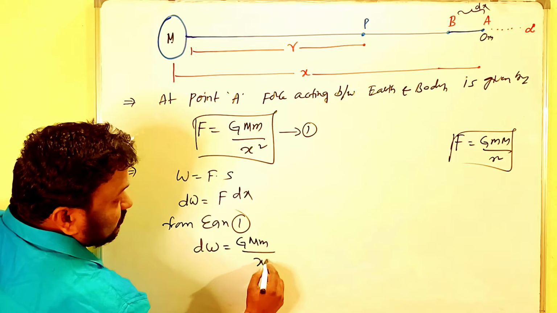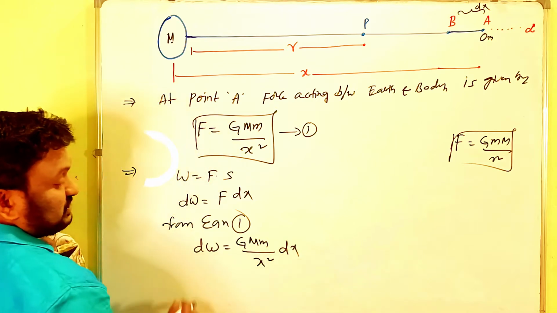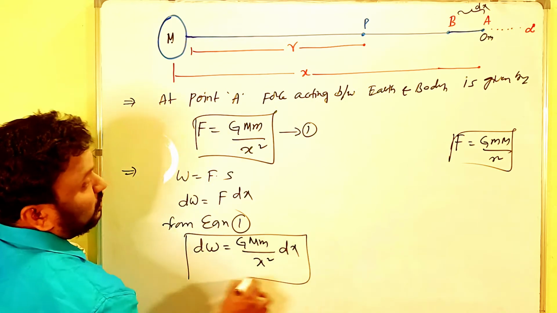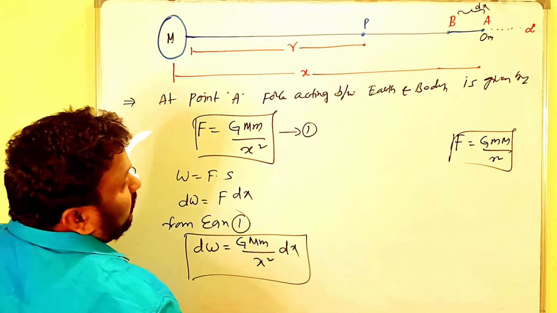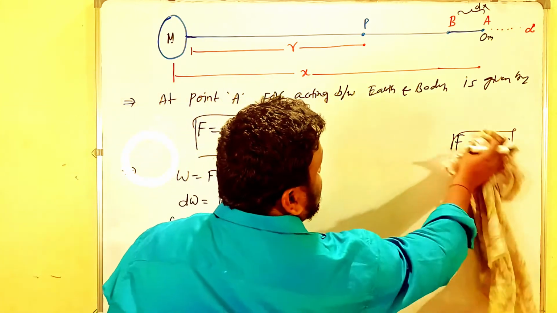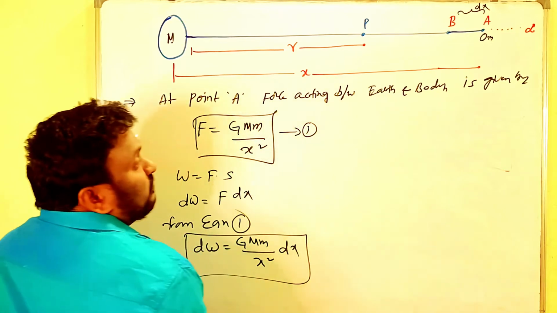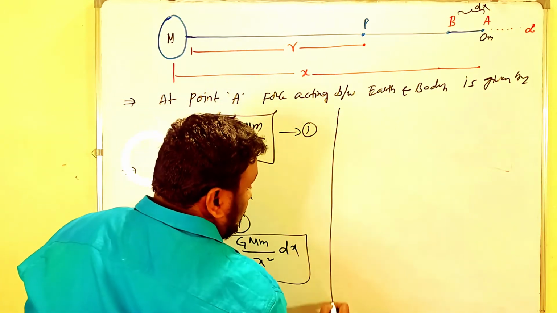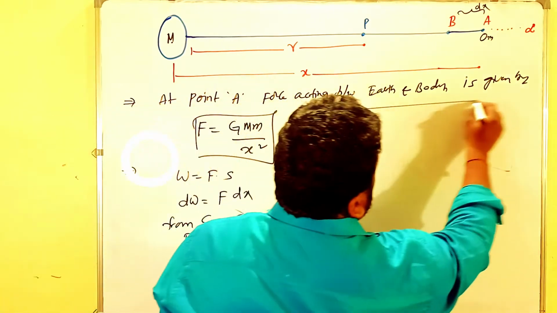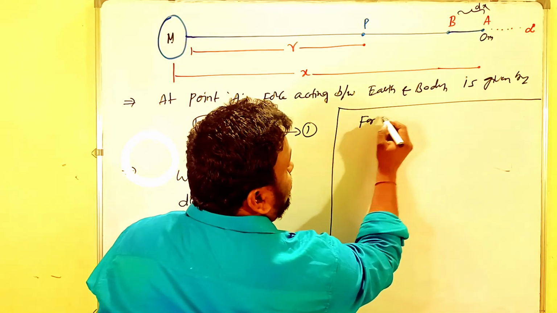G M m by x squared dx. So this is the small amount of work done to move the body from A to B only. So actually, what is our aim? To find out the work done from infinity to the point B. That's why for the total work done,